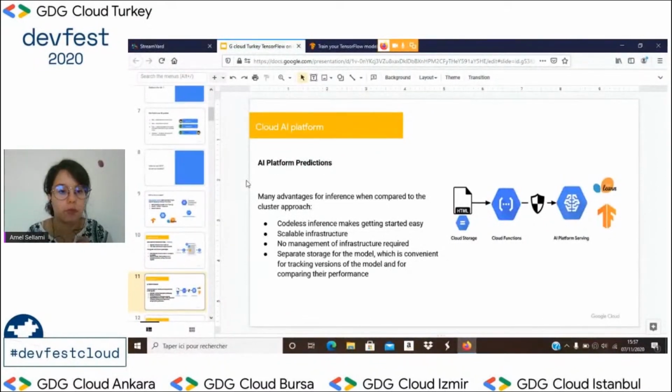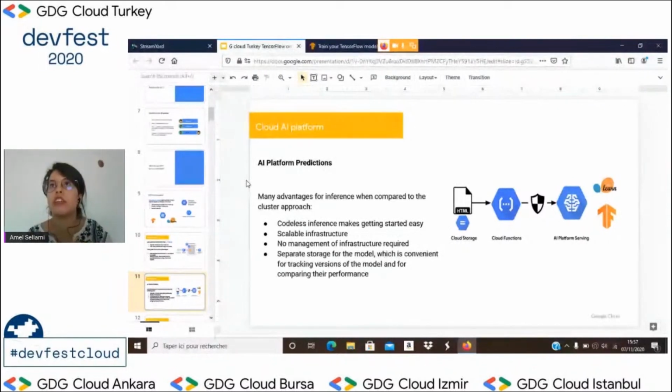The advantages for inference compared to the cluster with TF Serving are codeless inference, which makes getting started easy, scalable infrastructure, no management of infrastructure required, and separate storage for the model, which is convenient for tracking versions of the model and comparing their performance.